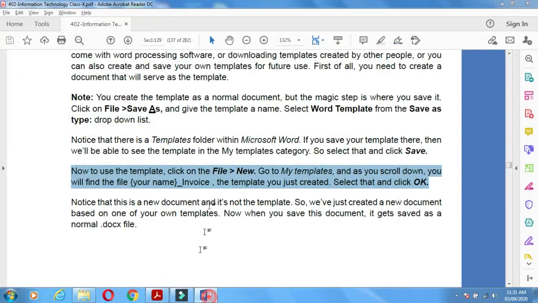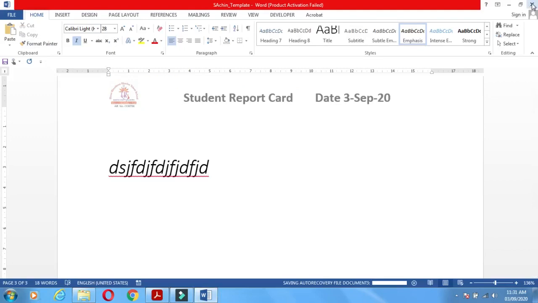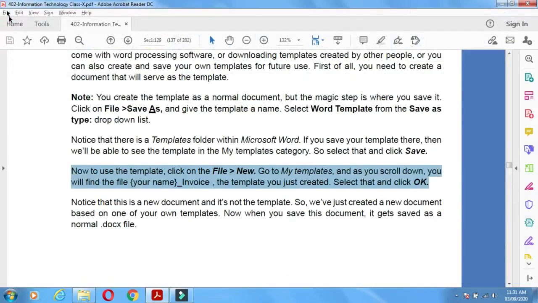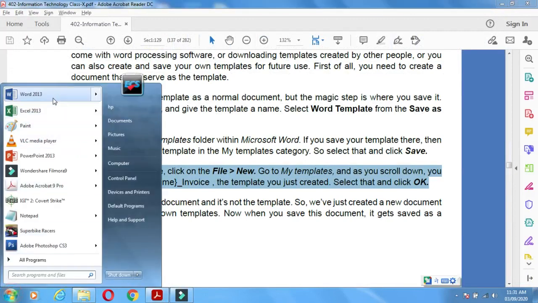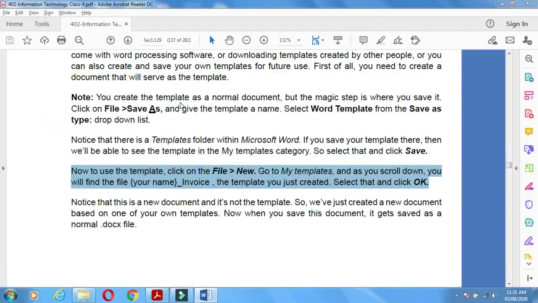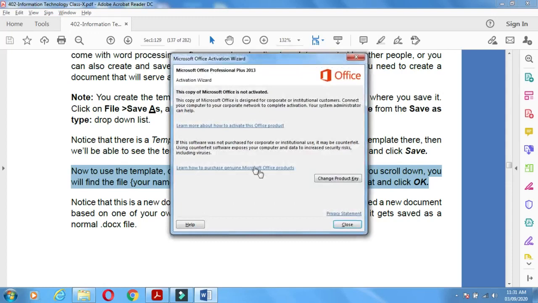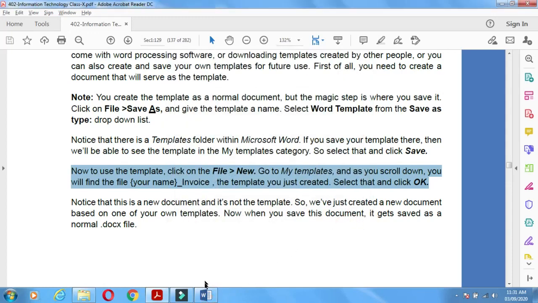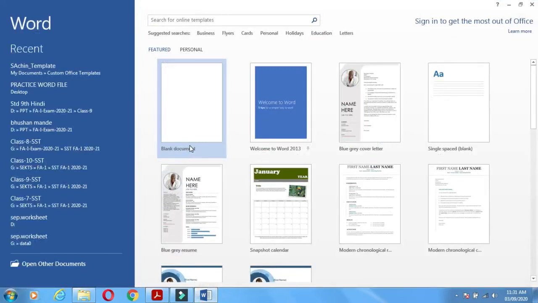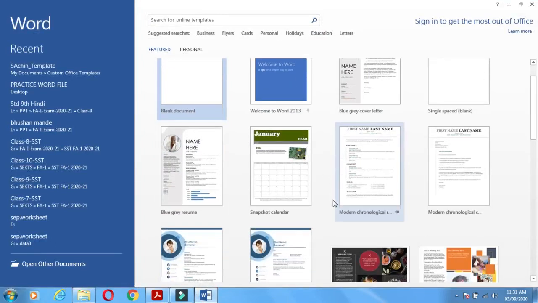if you go in the file tab, just like opening a word file, you can find your own template here.